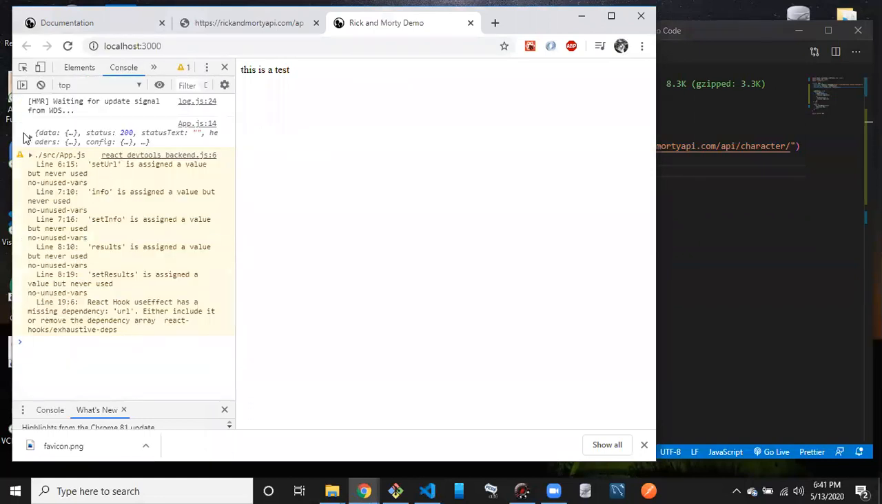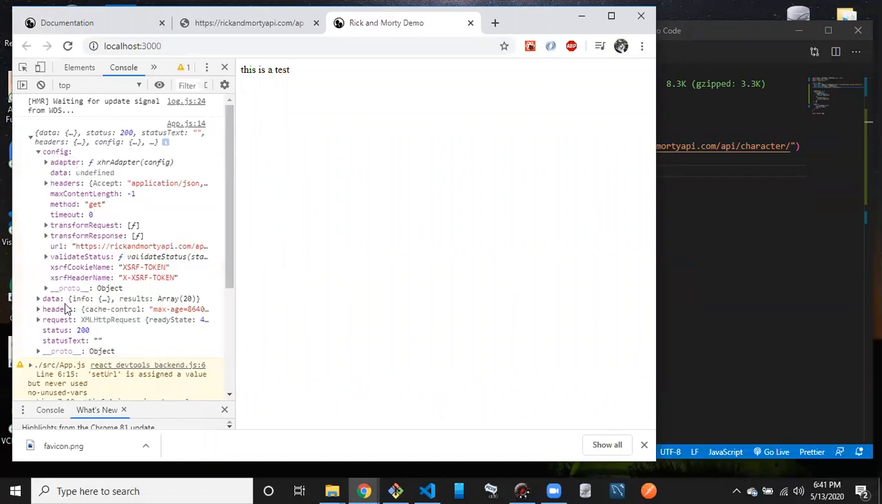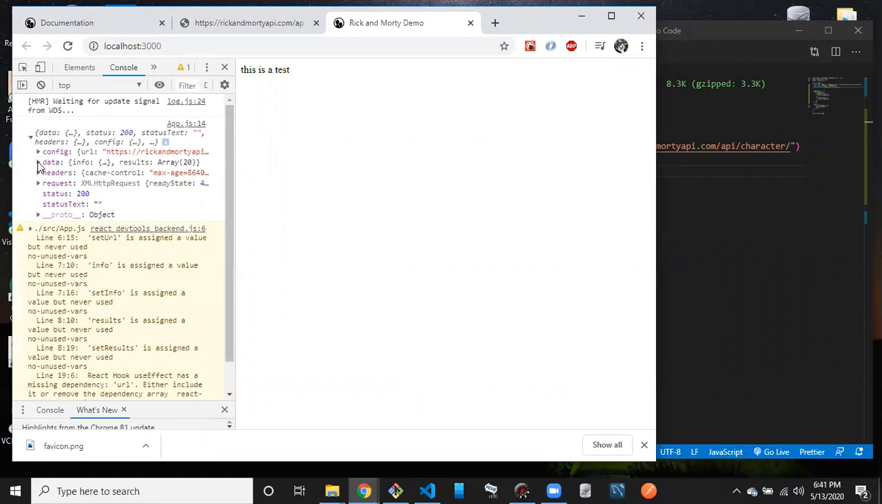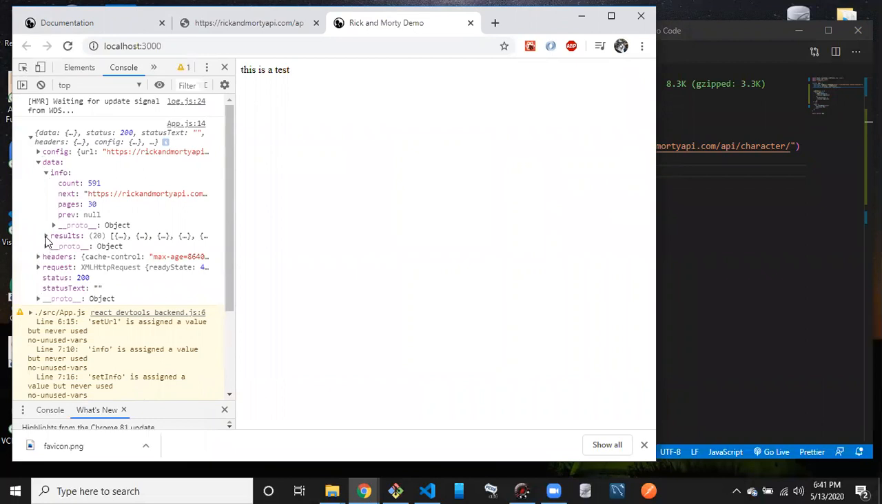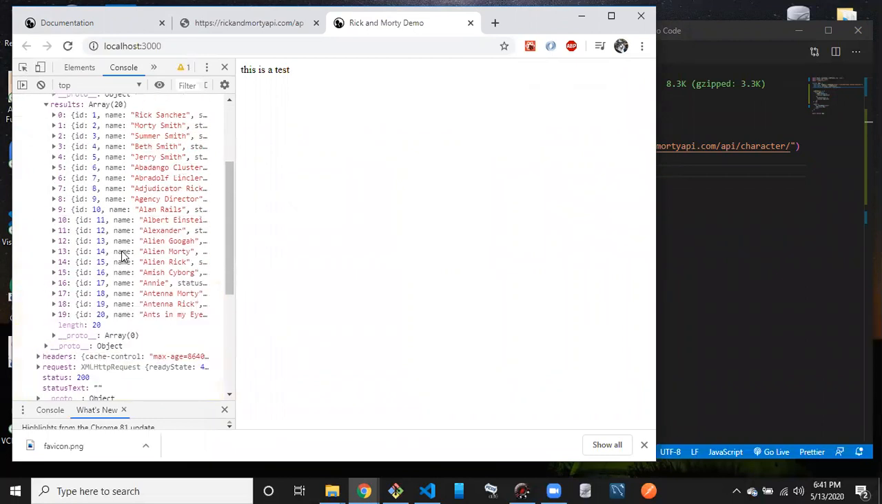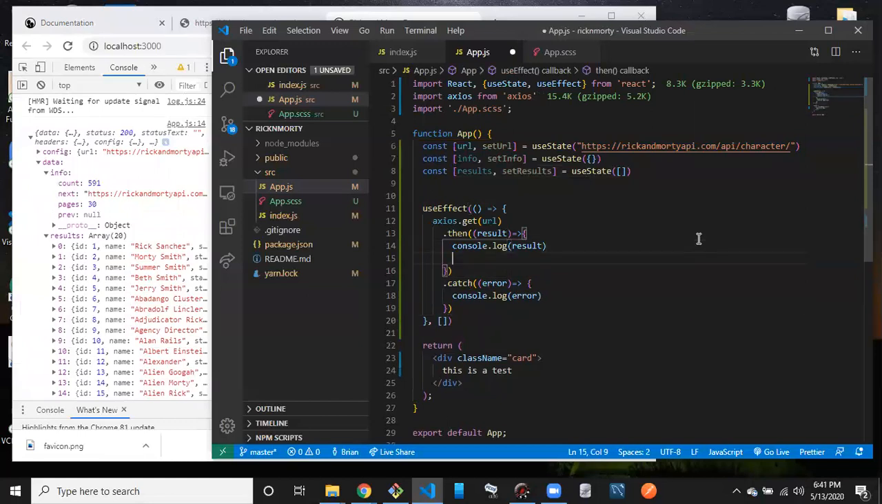Then console. So now we're getting data back. So you can see we're getting config, data. Here's our data. So we've got info and results. So that's pretty cool. So instead of console logging this out, what we're going to do is we're going to